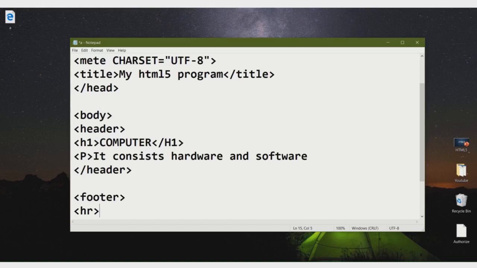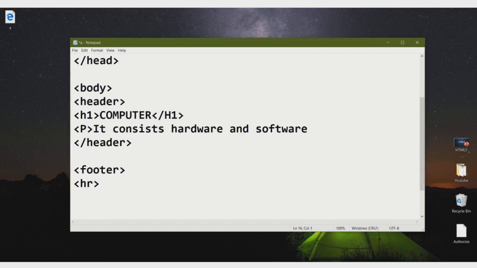Okay, you can put it at the end of the page, the end of the HTML5 page. So this is the footer tag, and using it you can give any logo, any message, but it is at the end of the page.